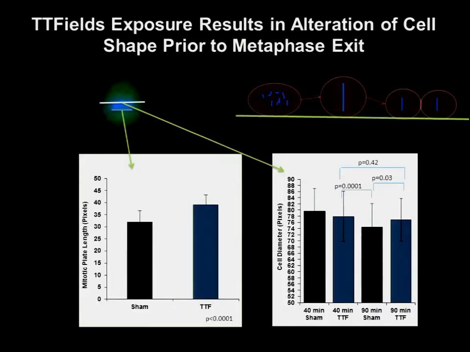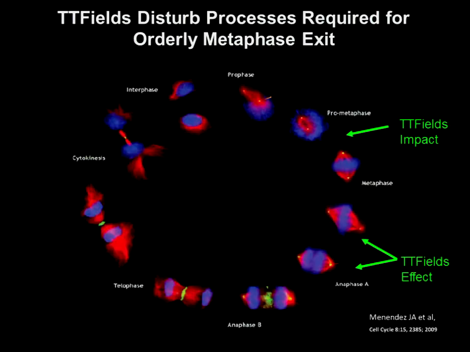And like I said, Septin knockdown cells are larger than their parental counterparts, and this is also true for TTField treated cells. So we're pretty convinced at this point that at least one of the major molecular targets of the TTField is actually Septin. And the Septin cytoskeleton actually demarcates the outer edge of the furrow, and it sets up